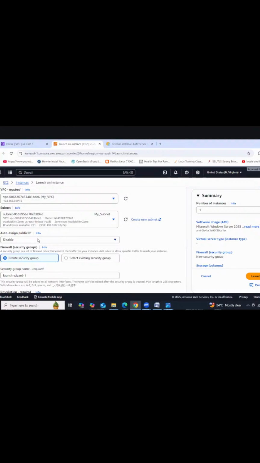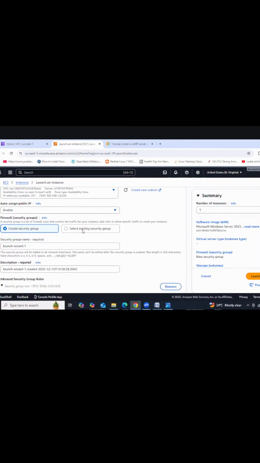And then you need to enable auto-assign public IP address. Otherwise, you are unable to access the instance from the internet, because we are allowing a public IP address. Without a public IP address, without internet, can we access the instance? Public IP address for whom? For internet purposes. To send the request through the internet, we are going to use the public IP address.